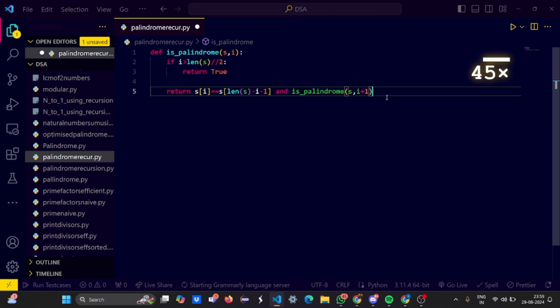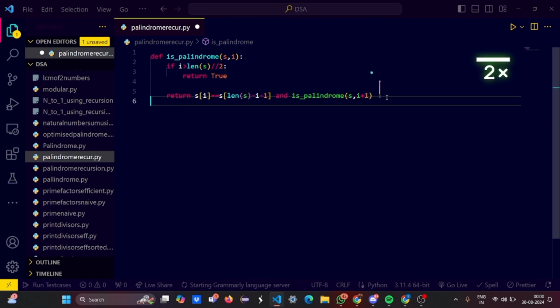Here, in isPalindrome s comma i plus 1, we are incrementing the character, moving the character one by one to the right, and in isPalindrome s comma i plus 1 with the length of s, we are decrementing it. We are decrementing the characters from the right and incrementing the characters from the left, and then comparing. So that logical comparison is checked with the current index value or the current character in the string. That's what we are doing.